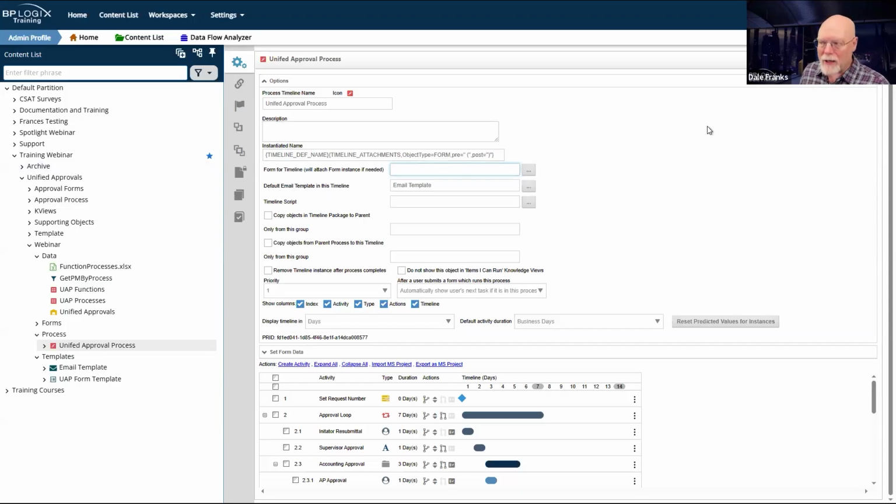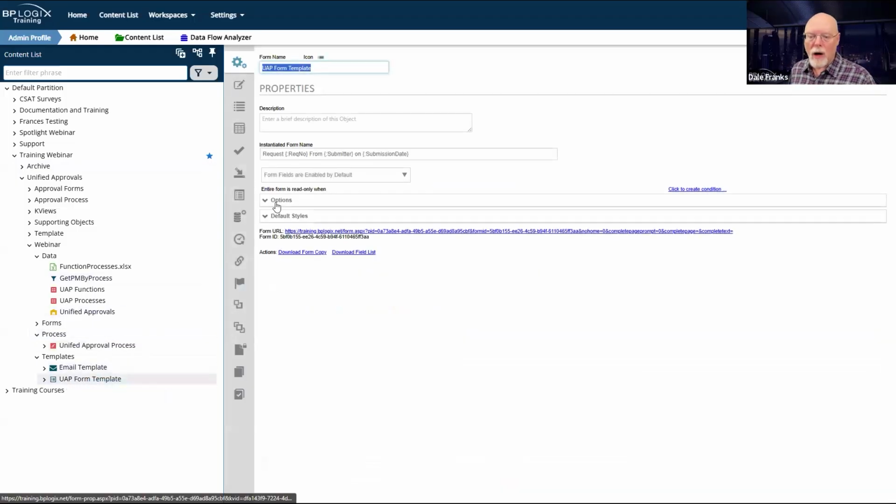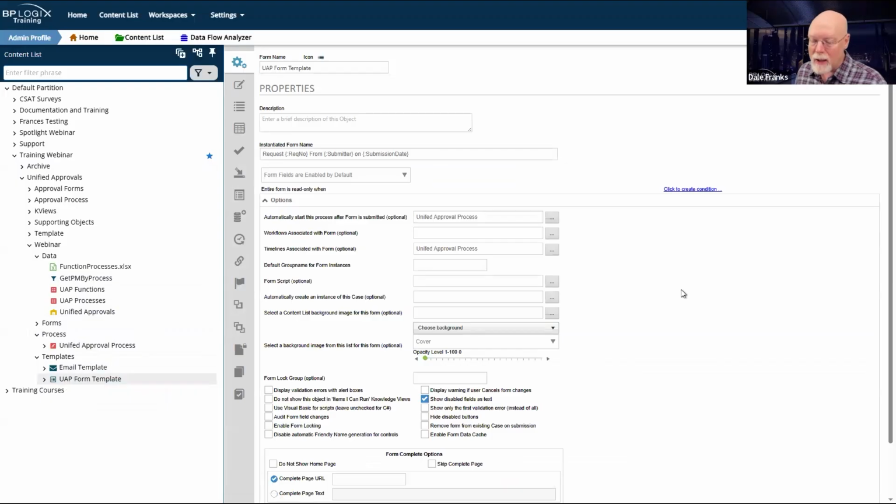So my timeline is not attached to anything. The only thing that has a reference to an outside object really is the form itself, because I am going to use the same process to associate with the form so that anytime I need a form or process-based condition, I at least know what my process is.